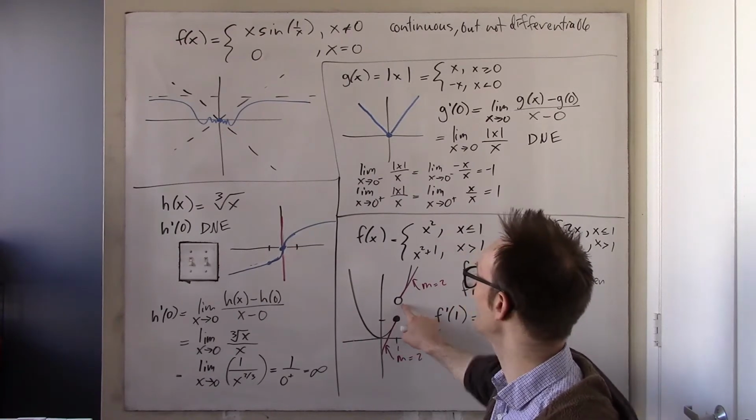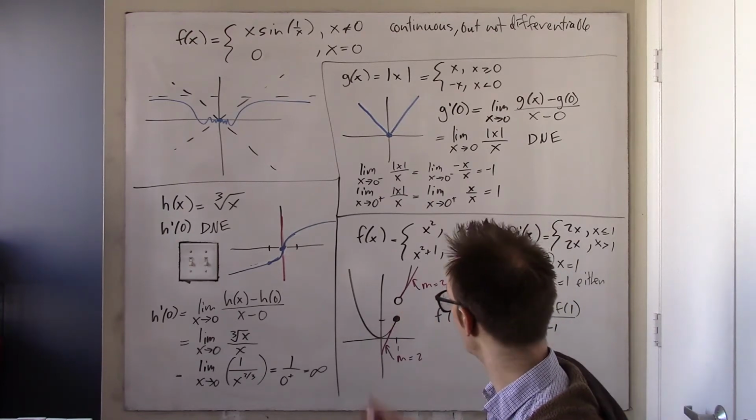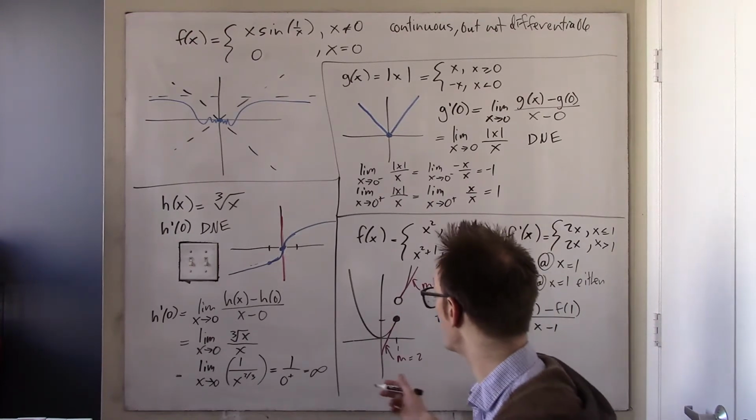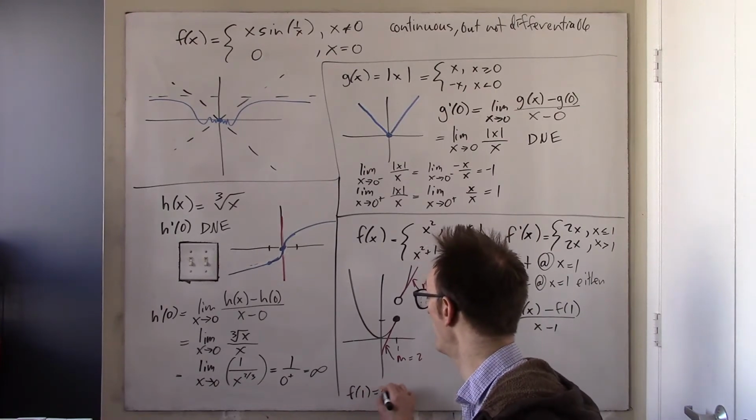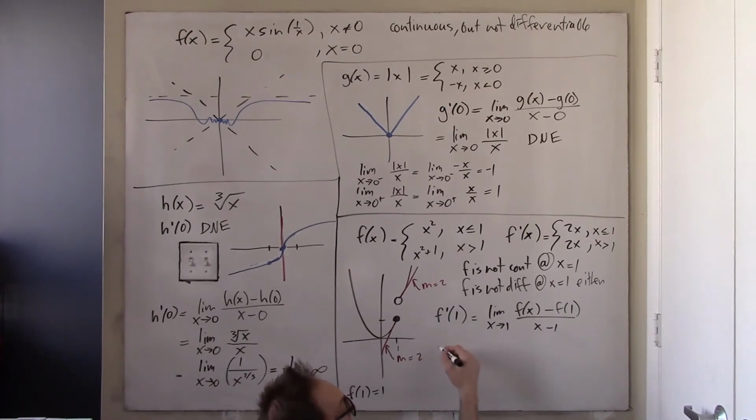I put the hole here and not here. So in fact, f of 1 is 1, according to this definition. So, when it comes to computing this limit,